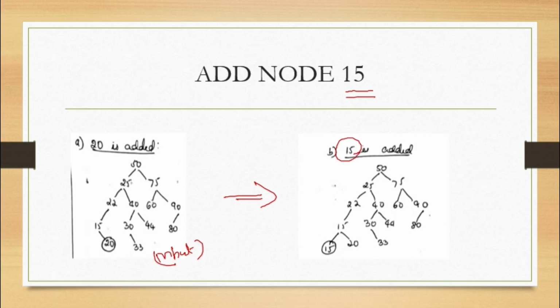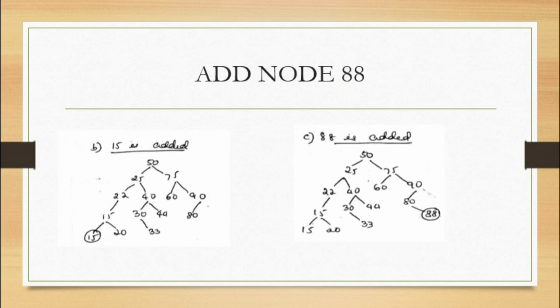15 is already present. What we have studied in the previous case is that when the value is already present, it is the same value, so you have to check its left child. If its left child is empty, you have to put it to the left. That is how your 15 came to the left of 15. According to our algorithm, you need to properly go through all the algorithm steps. That is how you successfully added 15. So next, let us go through the next case.